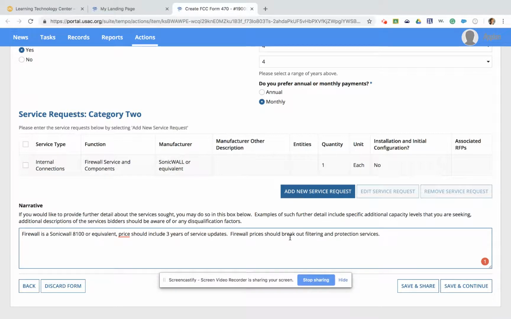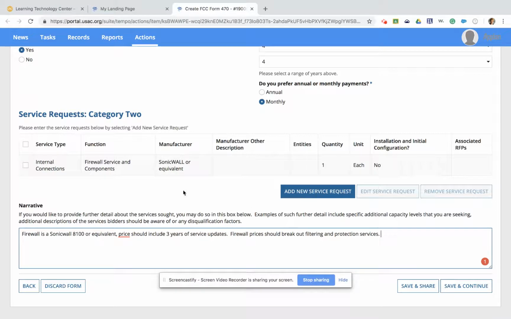For example, if this firewall is, say, a $3,000 firewall, but $1,000 of it is considered the filtering of the device, I will be able to say on my 471, the total price is $3,000. $1,000 of that is ineligible, and go ahead and turn the $2,000 price into my 471 to take my 30% off of that amount. So you would be responsible for paying for not just your portion, but also the filtering